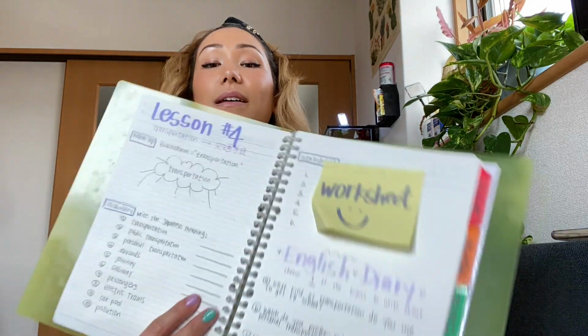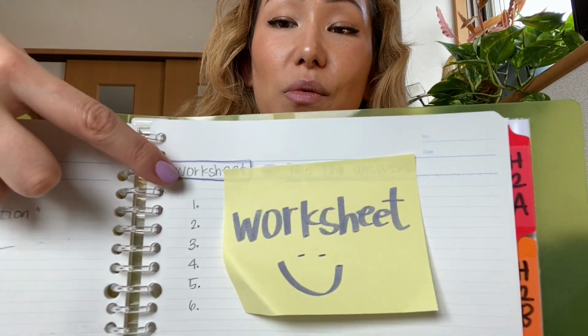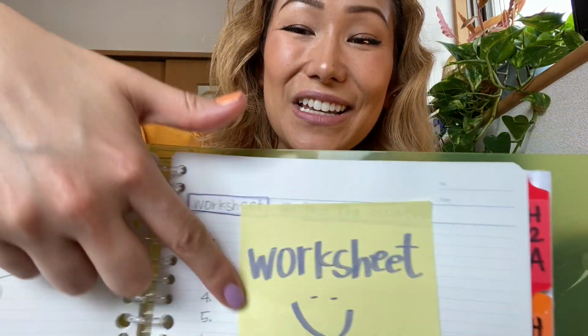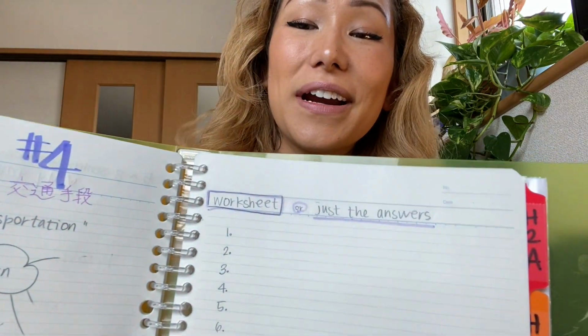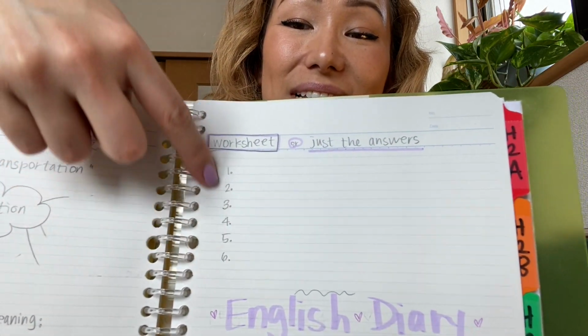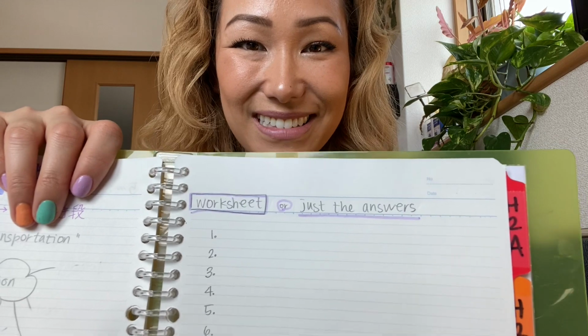And if you cannot print this worksheet, that's okay. You only need to write the answers in your notebook. So, in your notebook, for your worksheet, you either print and glue your worksheet or just write the answers here. All right? Very easy. All right, and when you're done with the worksheet, it's time to do our English diary